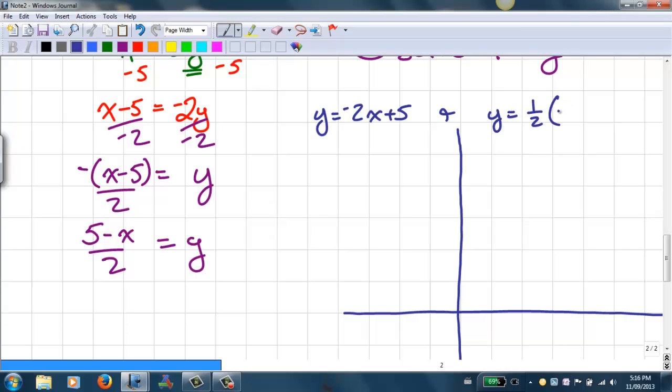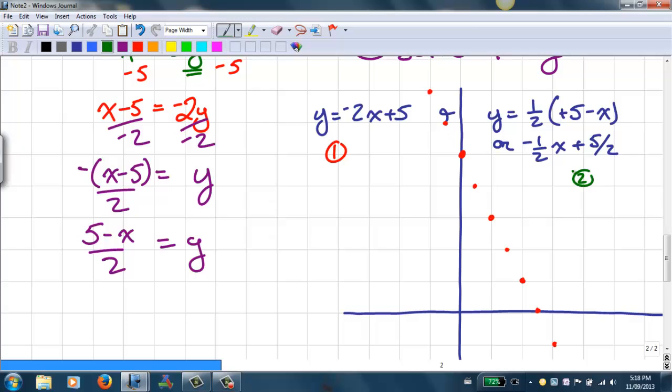To graph it, and here's a third version of it, to graph it I could graph negative 2x plus 5. And you can pause this video and back it up just to see, because it is going a little fast, and you can back up and see where things are. I changed the volume there, hopefully that's a little better. And when you graph the red one, which was our first equation, number 1, and the green, which is our second equation, number 2,